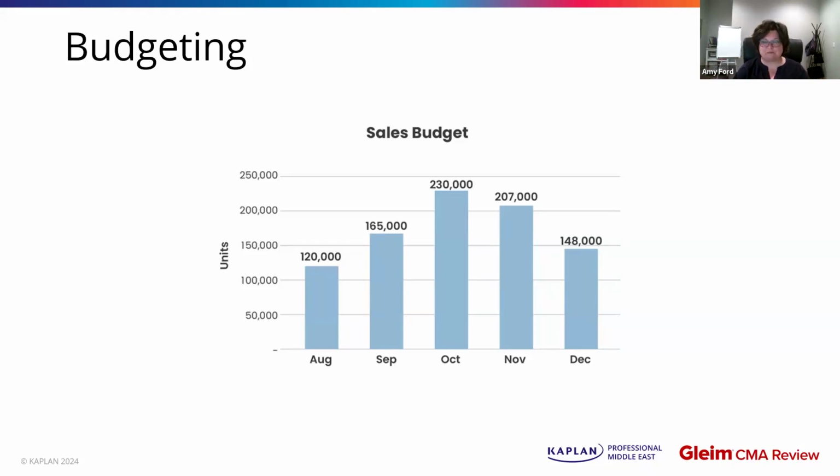Now, with that being said, I think it's important to understand that the CMA exam is not only going to ask you calculations. You need to understand the process. So other types of questions that we see on the CMA exam are, which of the following is a benefit of budgeting? Why does a company want to use a budget? We all know that it helps with planning, communicating, coordinating, motivating. All of these are reasons for a company to use a budget. So the CMA exam includes a combination of concepts and calculations. So moving on with a budgeting